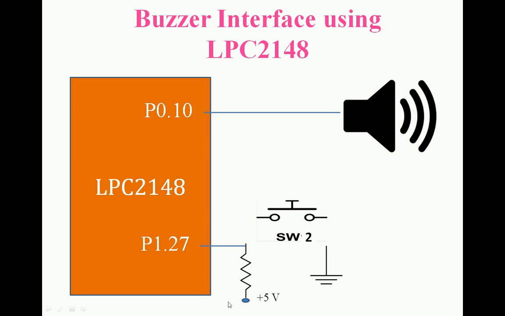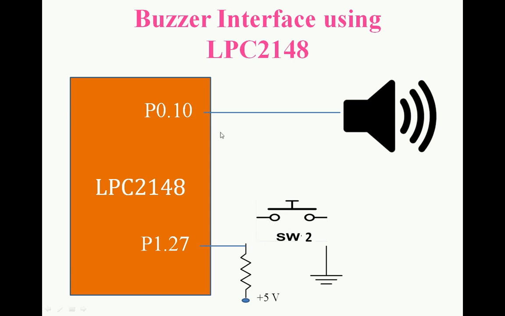Now the important point to remember is the construction of the board structure, which is like this, right? When the switch is in off position, plus 5 volts is connected to the port 1 27th pin. That is, port 1 27th pin is in high position when the switch is in off position. When you press the switch, that is when the switch is on, it is connected to the ground. Now 0 is going to be passing through the P1 27th pin. That is, P1 27th pin is high when the switch is off, right? You have to produce low 0 here. When the switch is on, P1 27 is equal to 0.